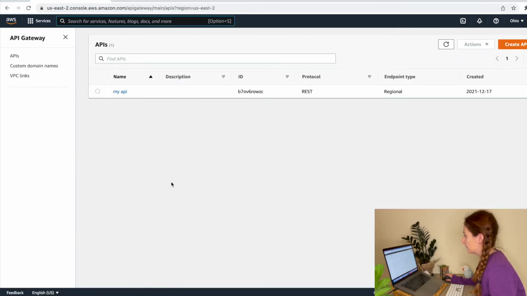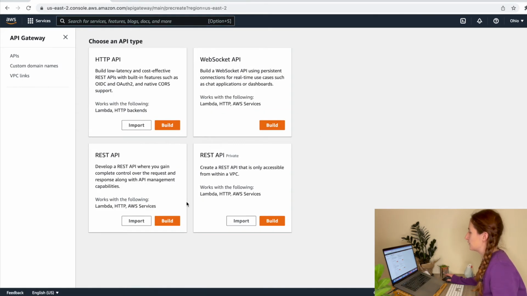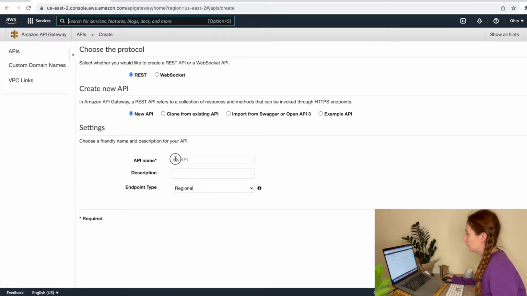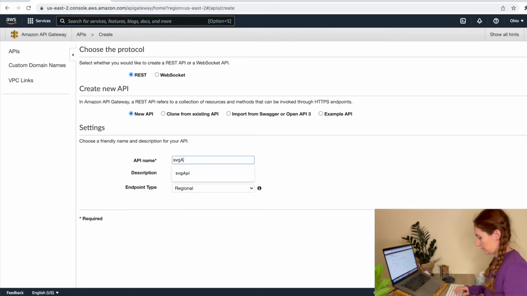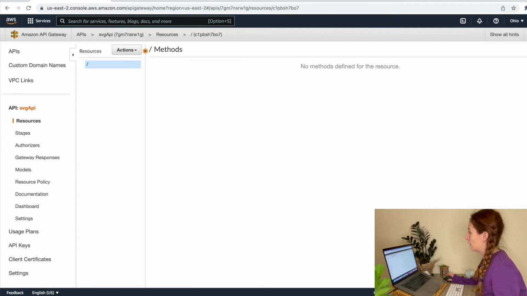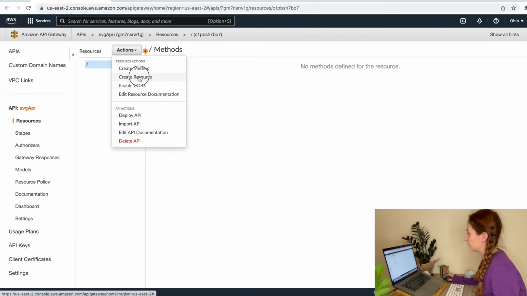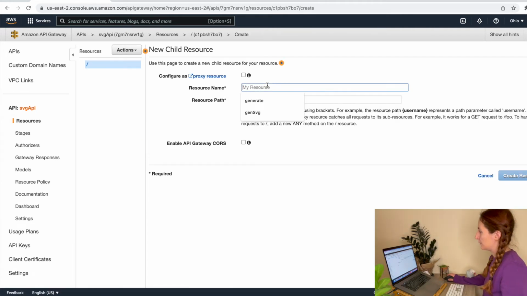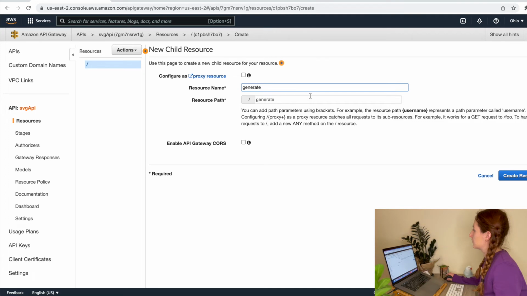This is the page. It looks almost the same as Lambda, and again you can see the list of your APIs, and you can also create a new one. Let's create a REST API. Yeah, just name it SVG API, and now we have a brand new blank API, and we need to create a resource. It will be our endpoint. Let's call it generate,